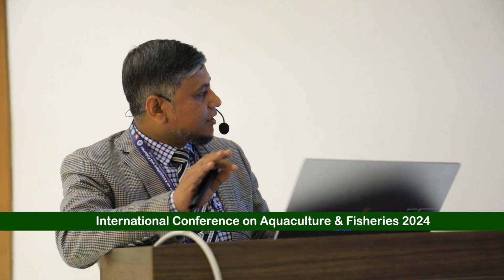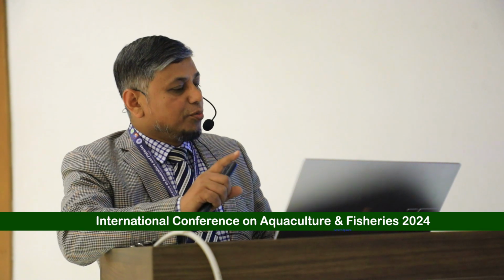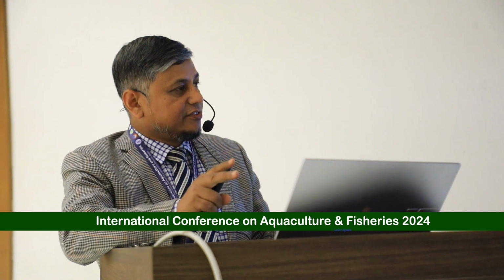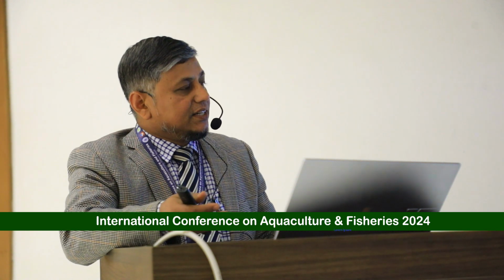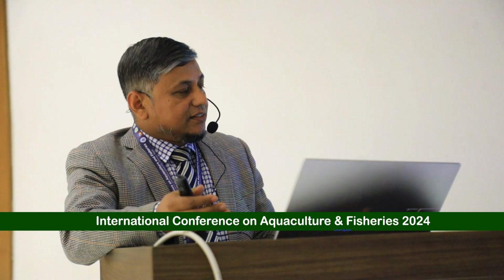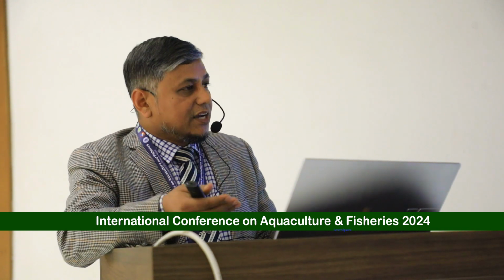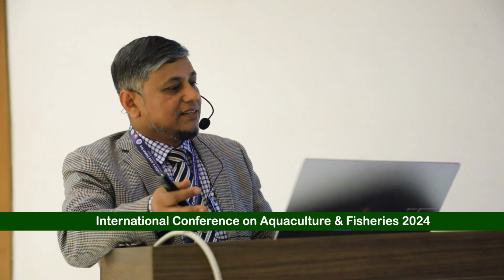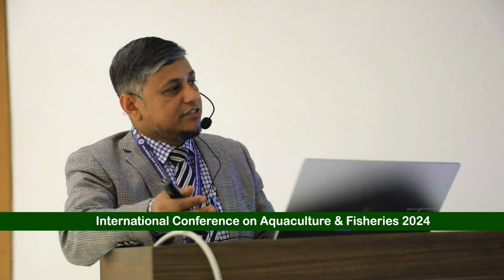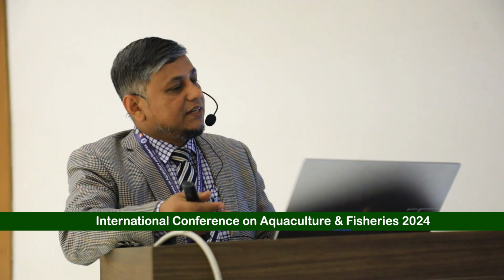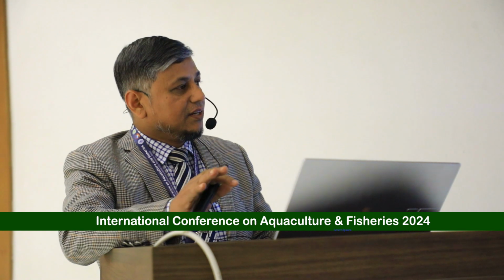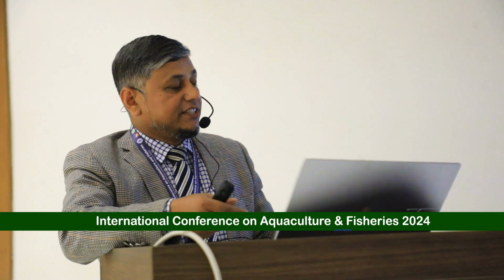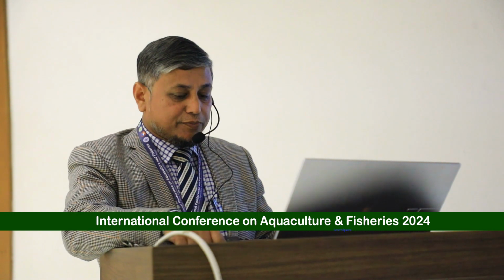At the sub-district level, there is only one Upazila fisheries officer and one assistant fisheries officer, these two persons, and only 3 to 5 extension workers. They are responsible for covering all the fish farmers in that sub-district. Whereas in crop extension services, more than 30 or 35 extension workers are deployed in the same areas. So it's a great limitation for fisheries extension services to cover all the fish farmers.